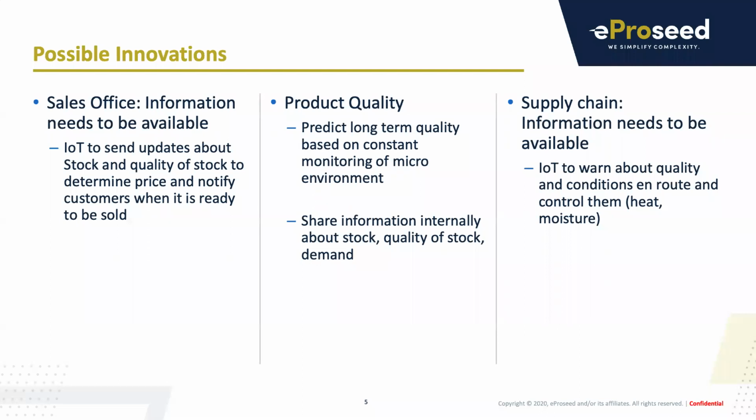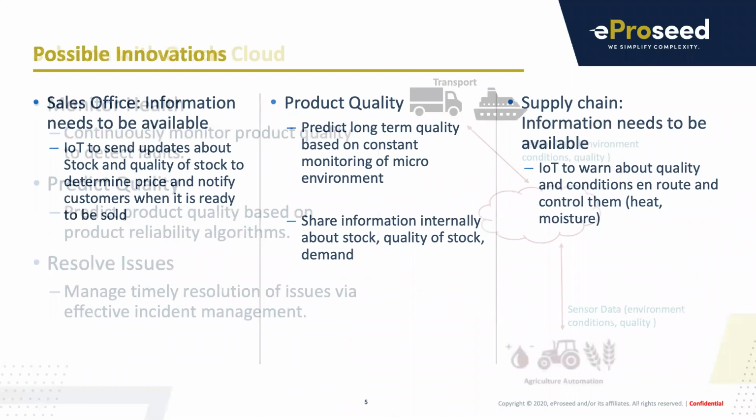So this customer was working in agriculture, and they breed flowers. So not flower bulbs, not real flowers, but stems actually. And they need to know when they are ready to be harvested. They need to know the weight of these things. They need to know en route how their quality is maybe deteriorating. So all of this is part of possible innovations, and we set up a proof of concept with them,